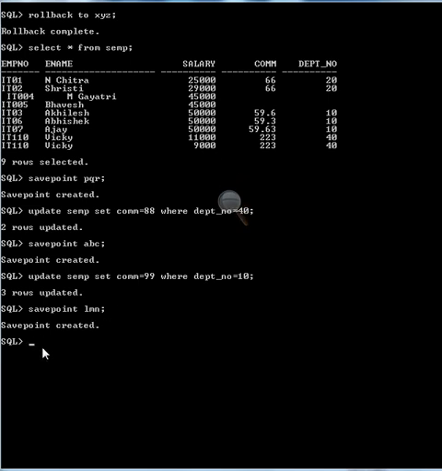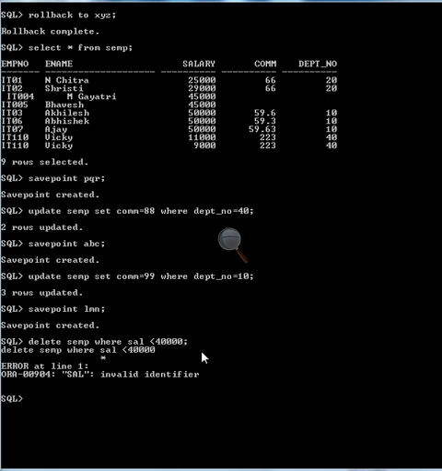Now try to delete some values. Delete from ACMP where salary is less than 40,000.